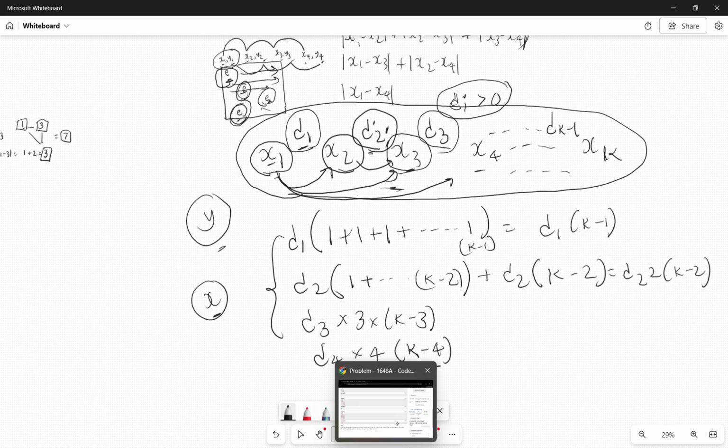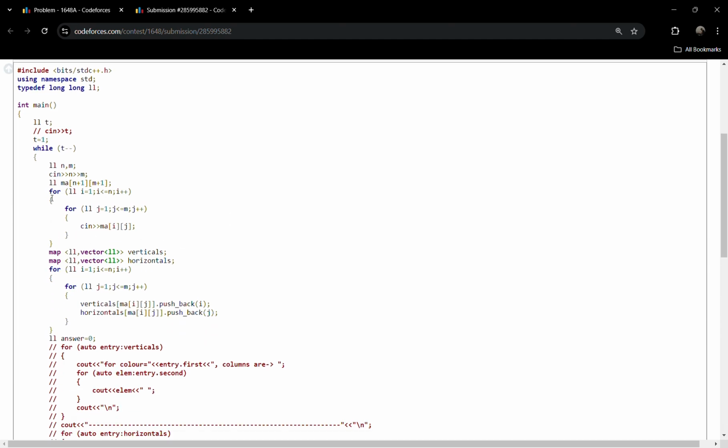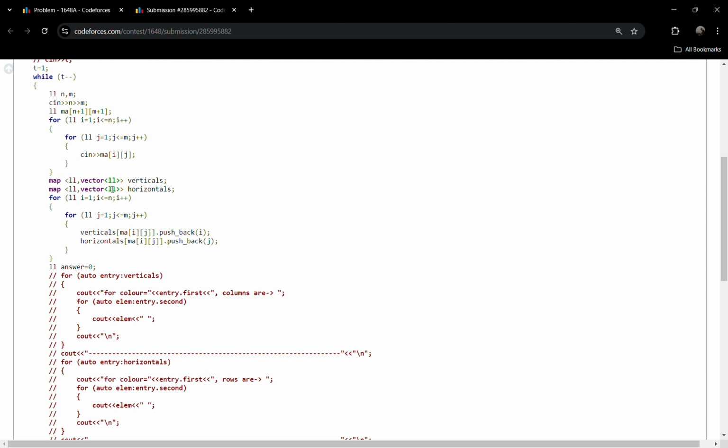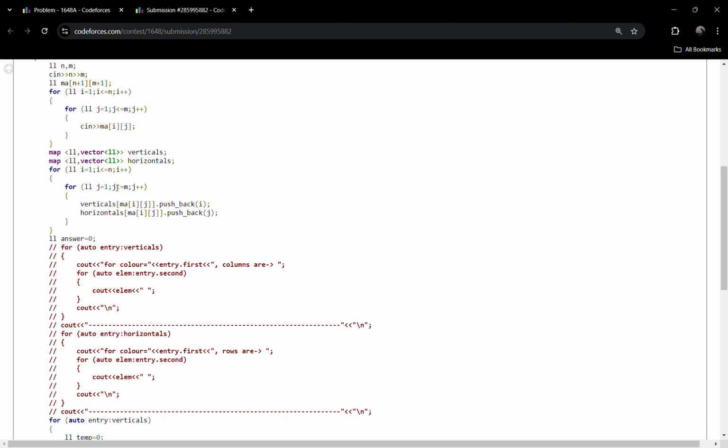Okay, so let us head to the code. So in code, taking the input is completed here. I am ensuring one based indexing by doing this n+1 and m+1. Then I am storing maps: verticals for the y coordinates, and horizontals for the x coordinates. So I am traveling this grid in row major order. Then I'm storing the cells which have that number. Okay, means map of i comma j dot push_back of i, what I am doing is that,